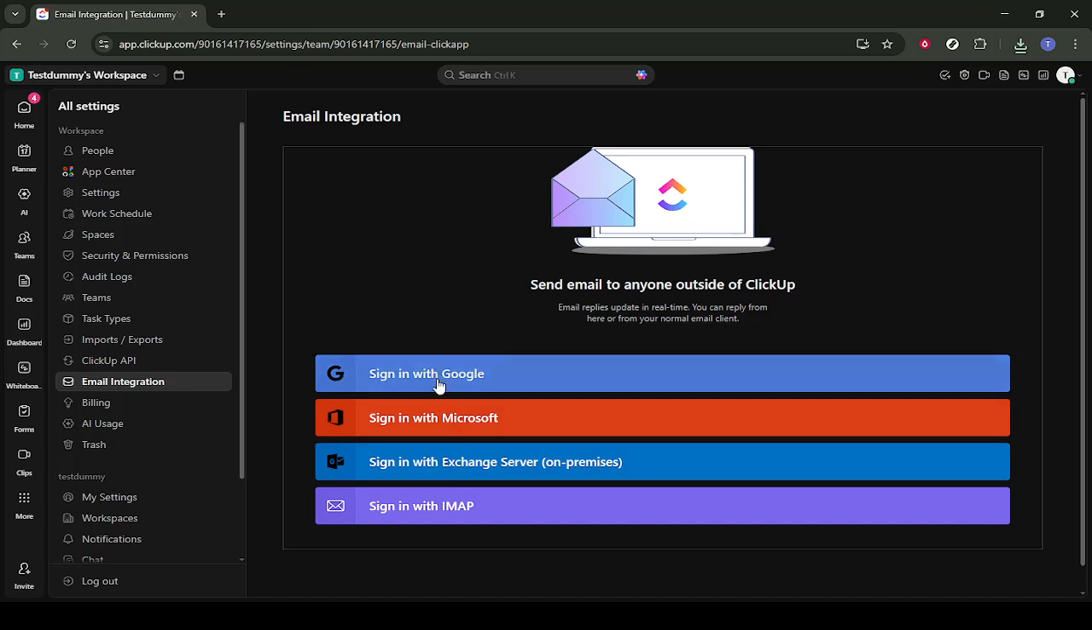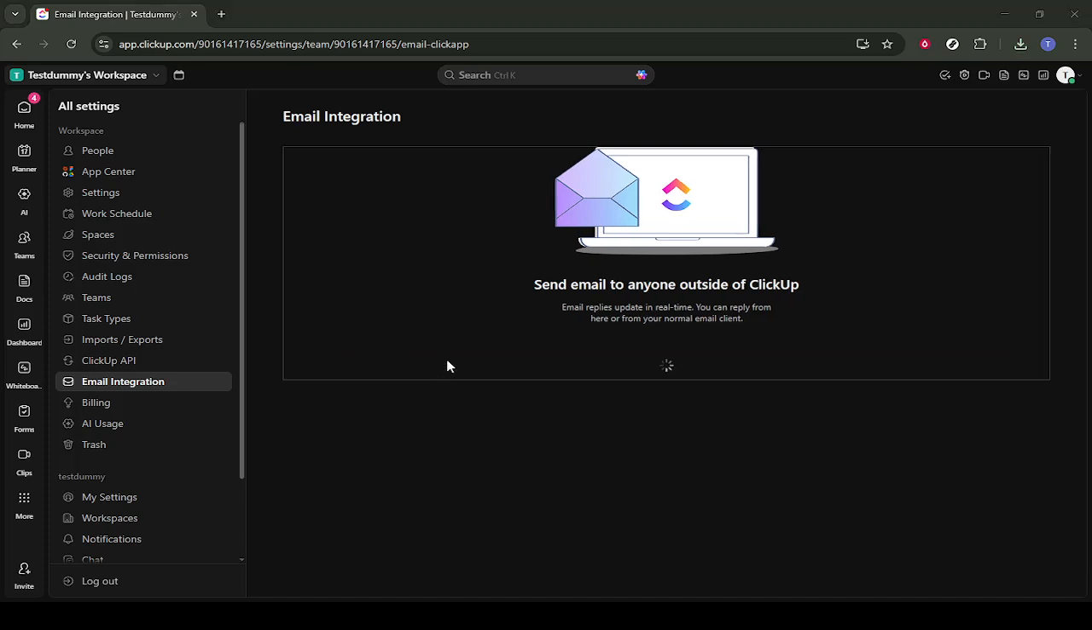This will open a Google sign-in window or tab. If you already use this browser for Gmail, you may see one or more Google accounts listed. In the Google sign-in window, select the Google account you want to connect to ClickUp. If your account is already listed, simply click on it. If it's not listed, you may need to add it first by signing into Google separately, then coming back and